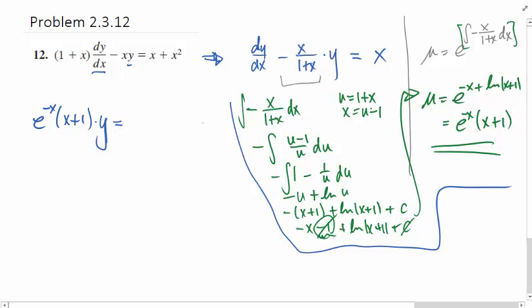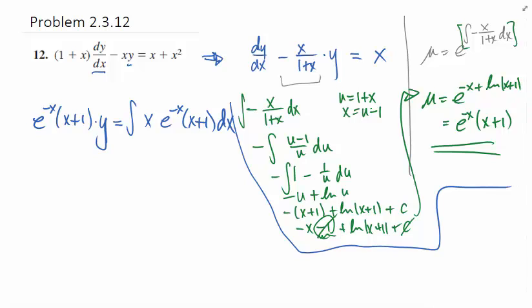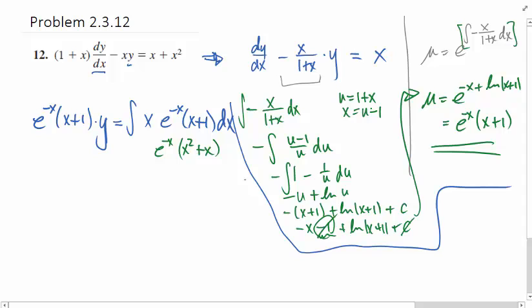so that when we take the product rule we get that, and then on the right hand side we have x e to the minus x plus 1, and we undo the product rule, which means we had taken the derivative, or the antiderivative, and now we have this, which is an integration by parts problem. So let's try to do that integration by parts problem somewhere over here maybe. This is e to the negative x, and this is x squared plus x, it turns out. And we're multiplying that polynomial, and when we do that,